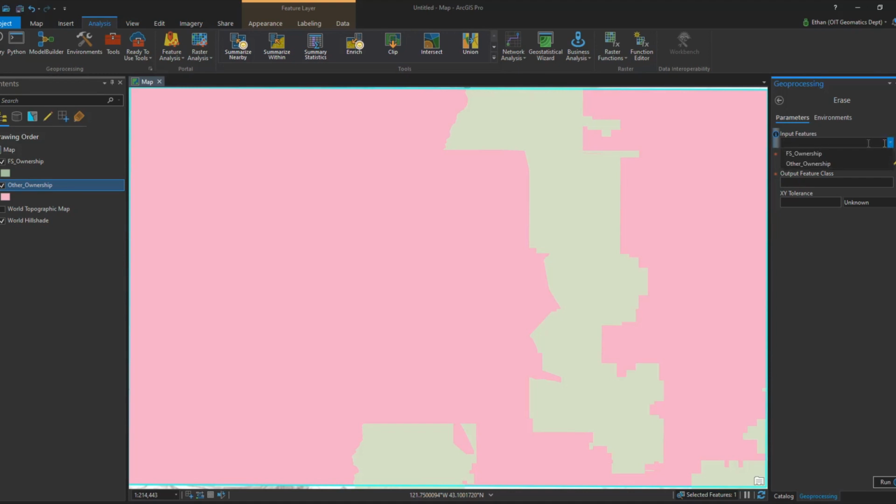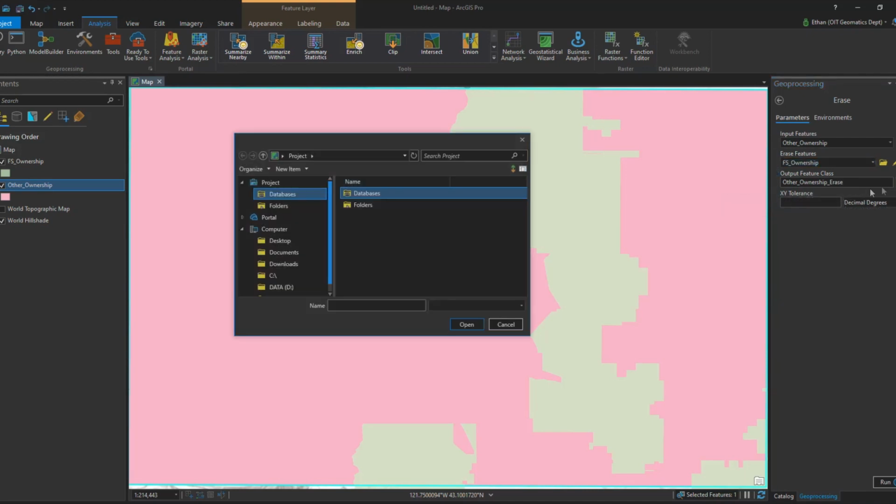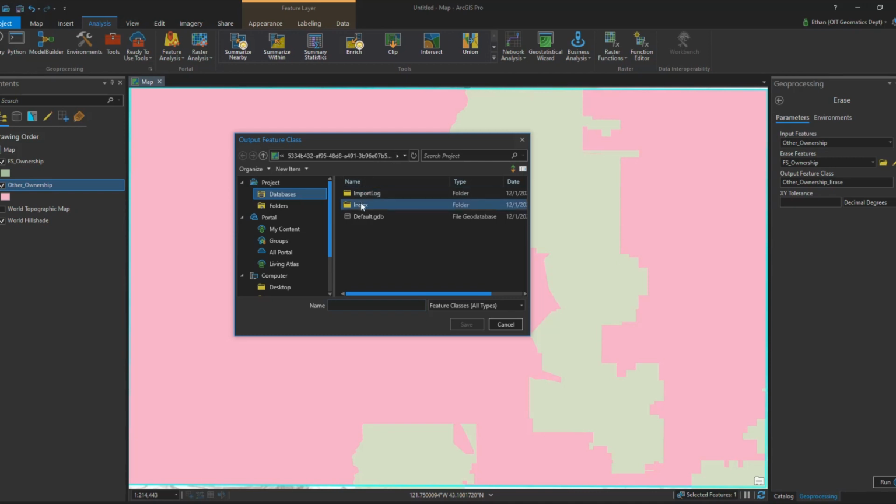Input feature is what we're erasing from. That's our new other ownership. The erase feature is going to be our FS ownership. The output feature class is fine, but let's make sure it's going into that geodatabase, which it looks like it was not. So I'm going to change that